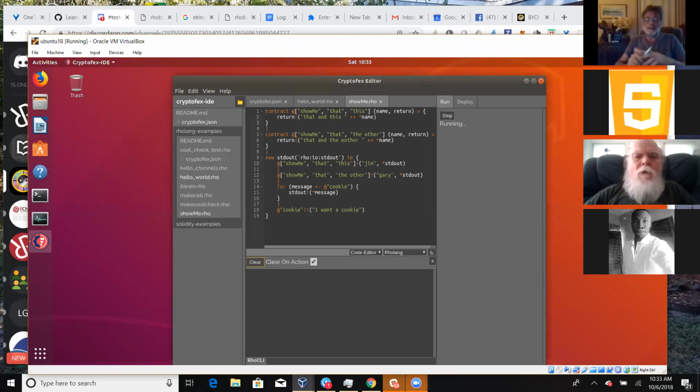No, the way they did it, I think in the simple wallet, is that they used an unforgeable name as the name of the contract, or part of the name of the contract, and got security that way. And I think I finally understood that. But in terms of the show me,